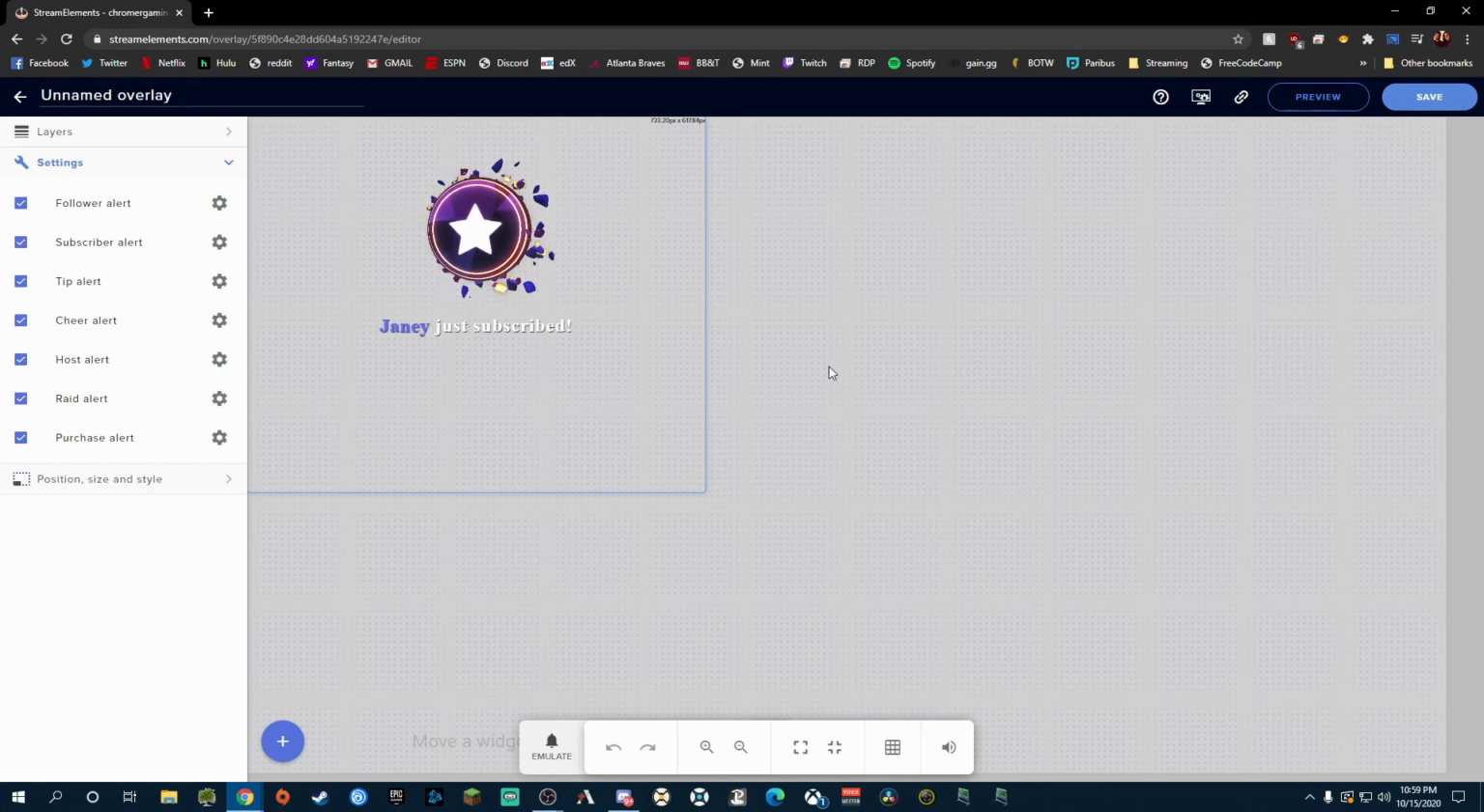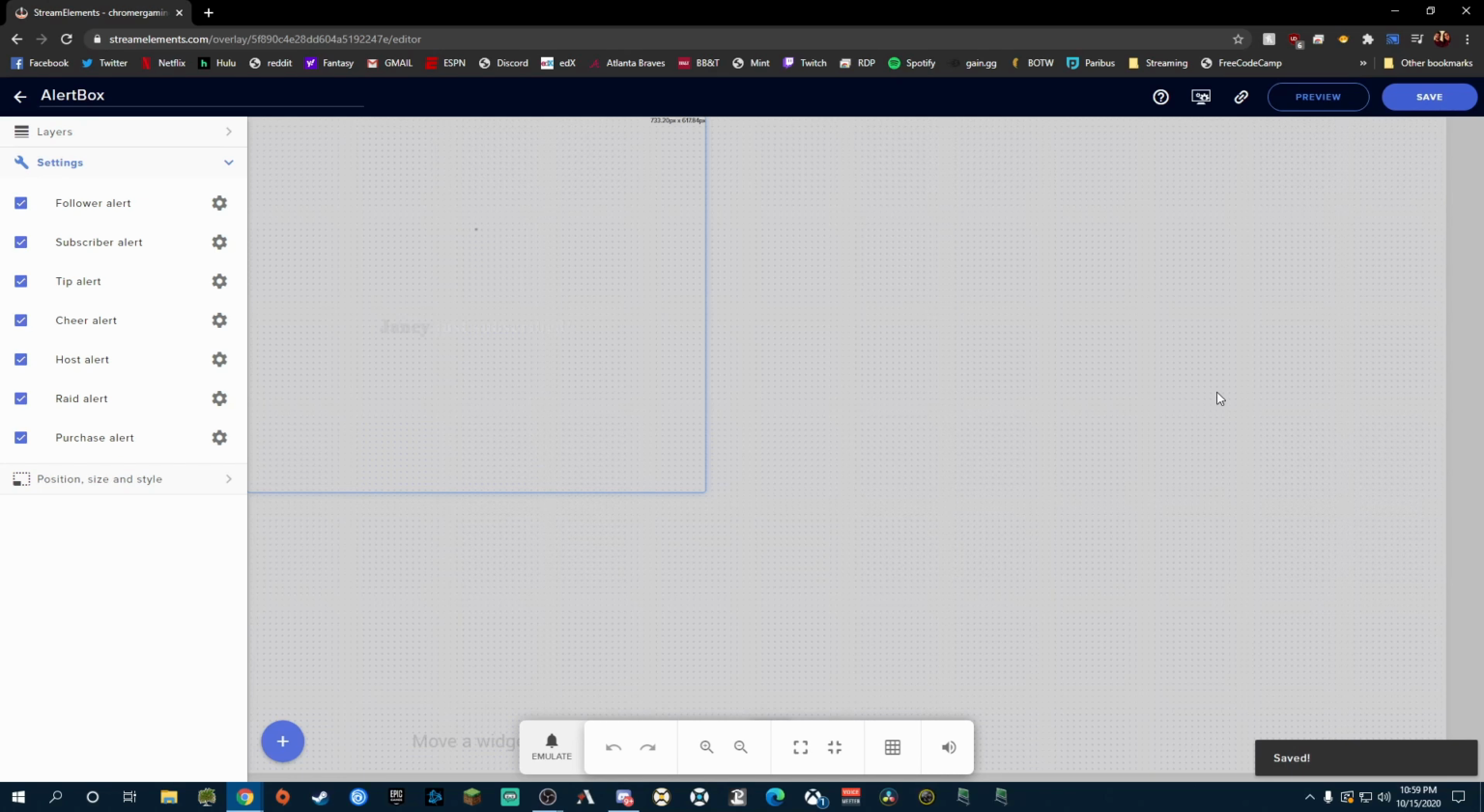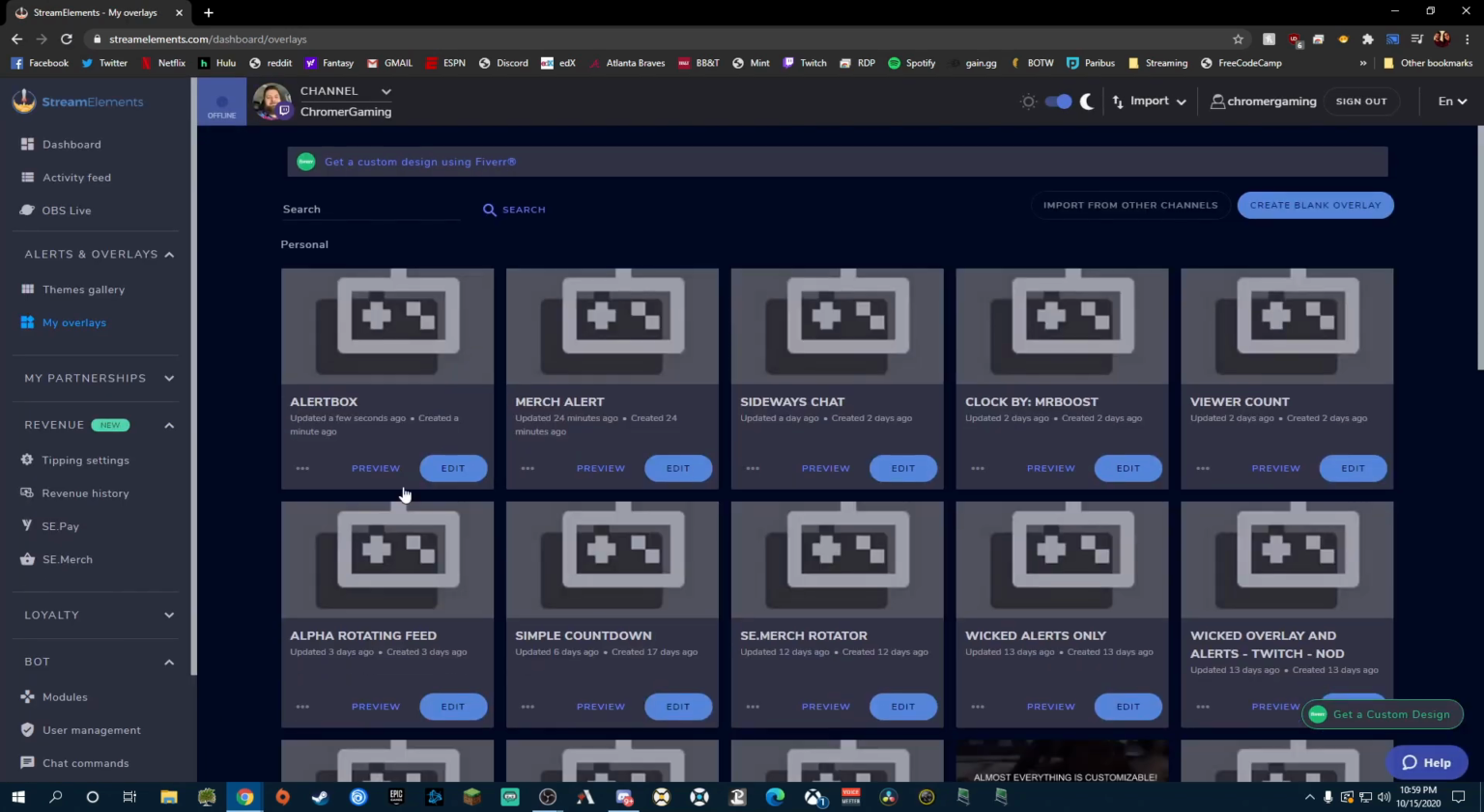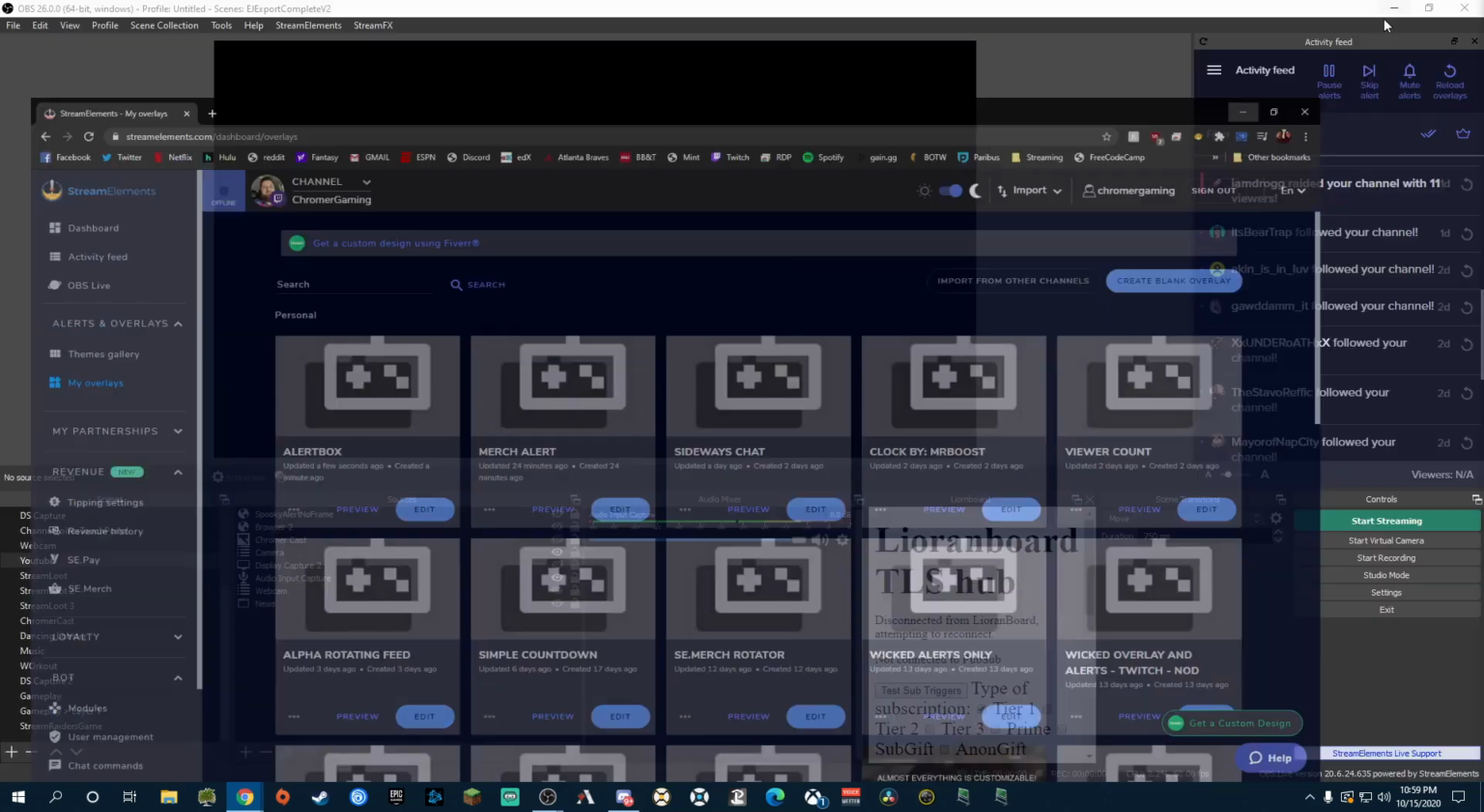So now to easily add this to your stream, now that you've done this, you can come over here and just do alert box. Just name it something so you know what it is. You hit save, and then once you've done that, you can come back to the previous screen, or you can actually get it from there as well, but it doesn't matter. I normally come back here, you hit that, hit copy URL,